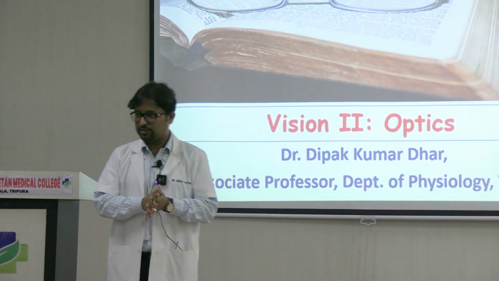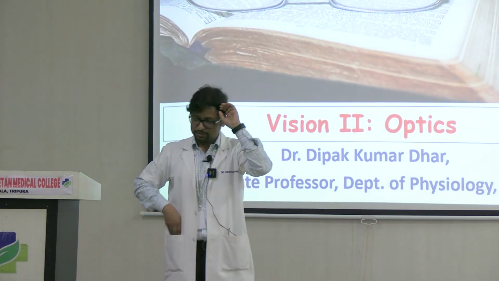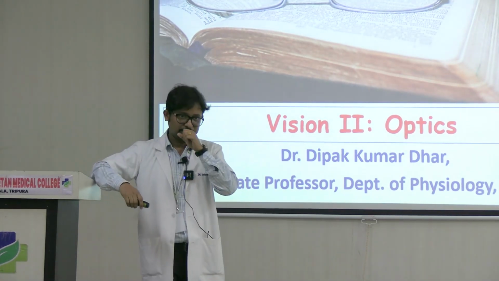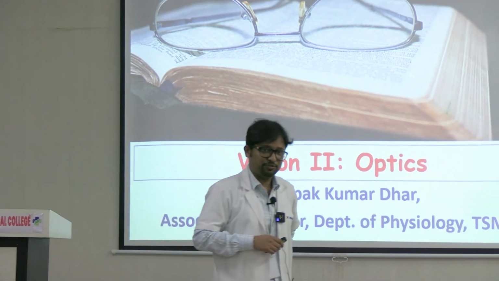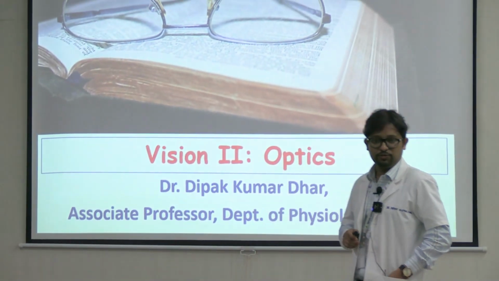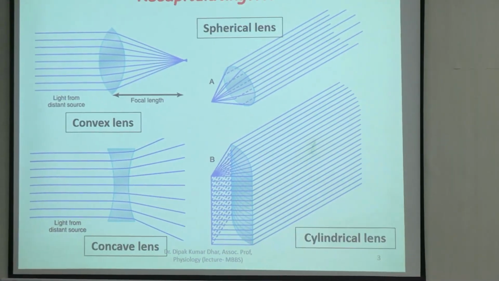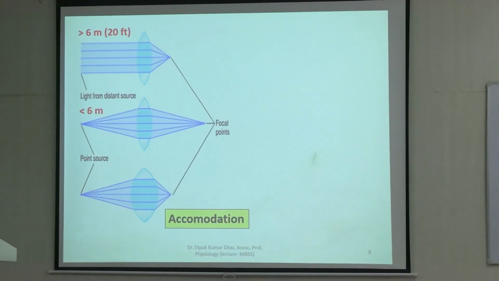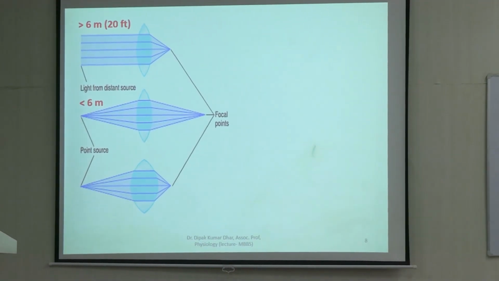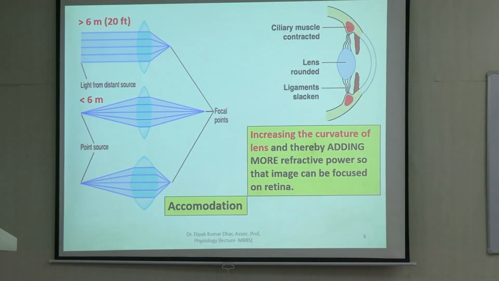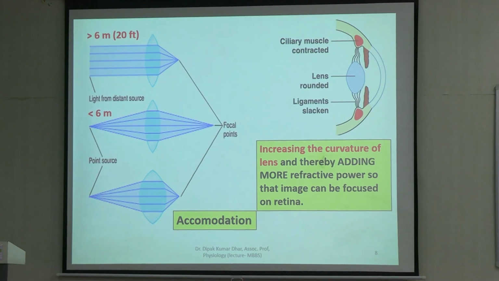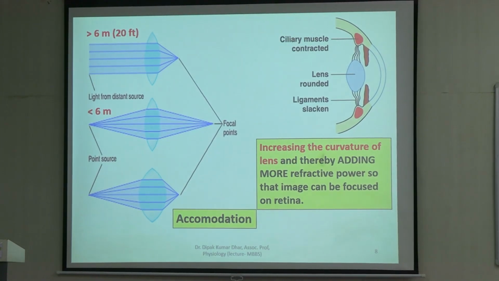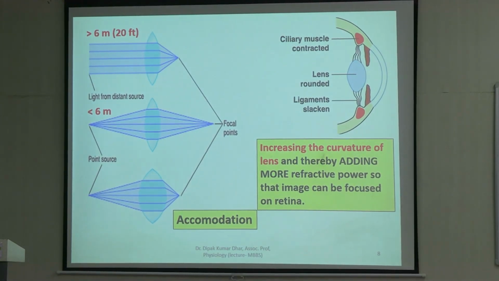Okay, so last class, now we'll come to the subject. We have talked about the optics of vision, and we read about the refractive interfaces, the process of refraction. We have also talked about the different refractive errors. One point I would like to emphasize here is the contribution of the lens. The overall dioptric power of the eye is around 60 diopters, out of which 20 diopters is contributed by the lens, and 40 diopters approximately by the cornea.